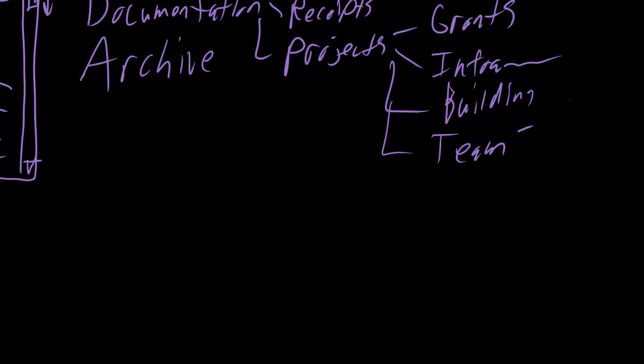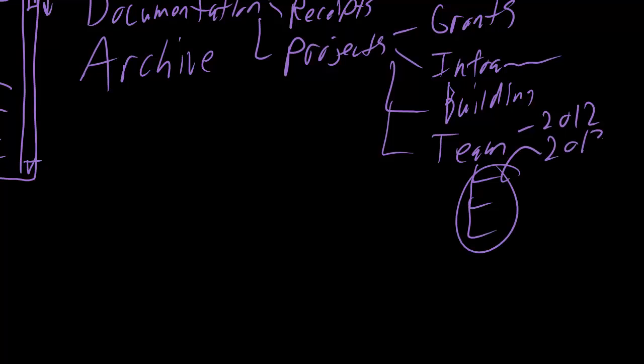Within these, I might do a 2012 folder for the old stuff and leave my current stuff in the root. At the end of the year, I'll put this stuff in a 2013 folder, and I'll start over fresh